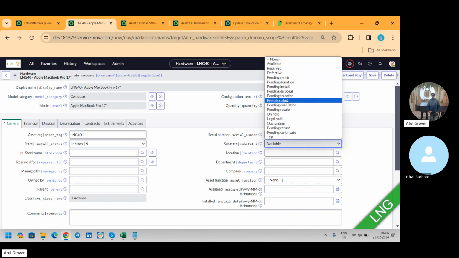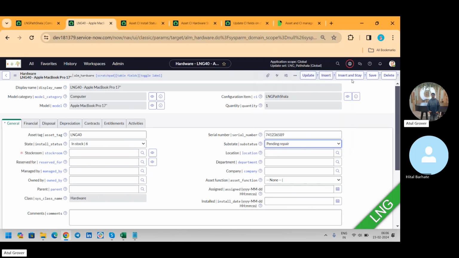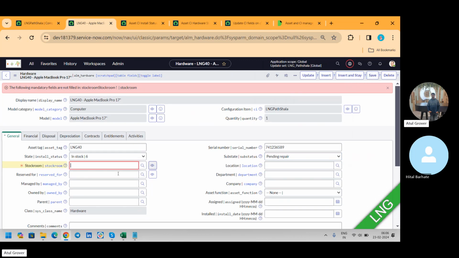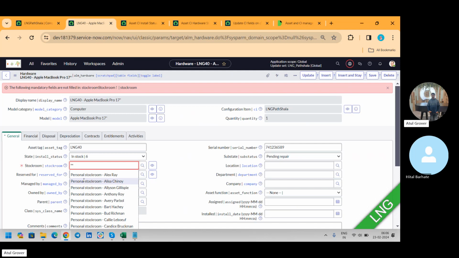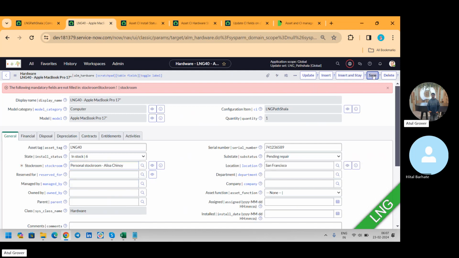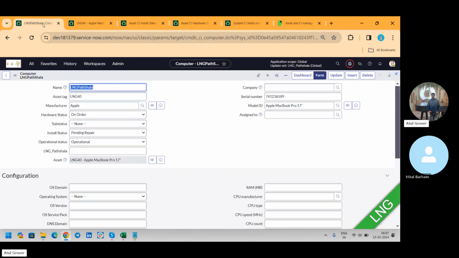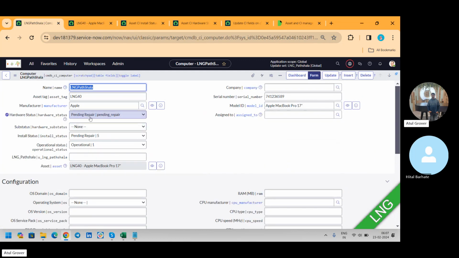Look, okay, let me do like this. Pending... let me save this. देखो वो कह रहा है किस रूम में है, कौन सा स्टॉक रूम में है. मैंने कहा इस वाले स्टॉक रूम में है, ओके सेव, देखो ये चेंज हो गया।